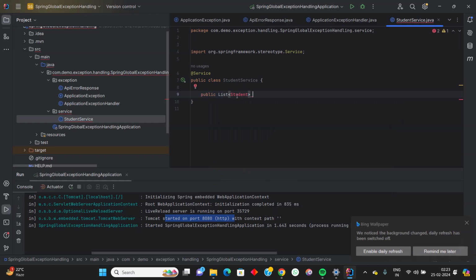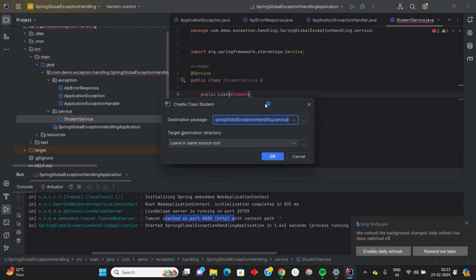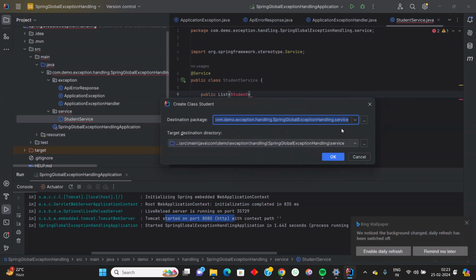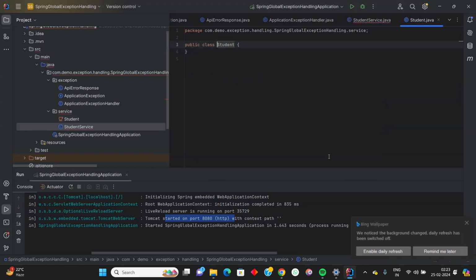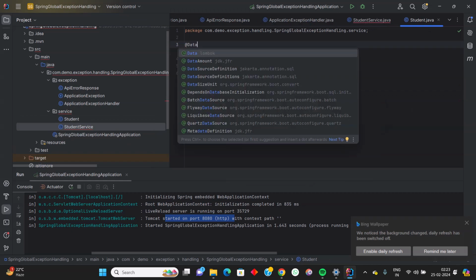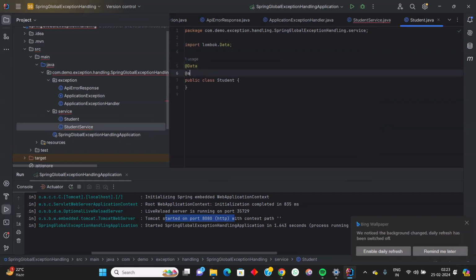So student, we need to create a service only, and we're going to enter the data and allow them stuff. And let's suppose it holds properties like private string, so long ID,